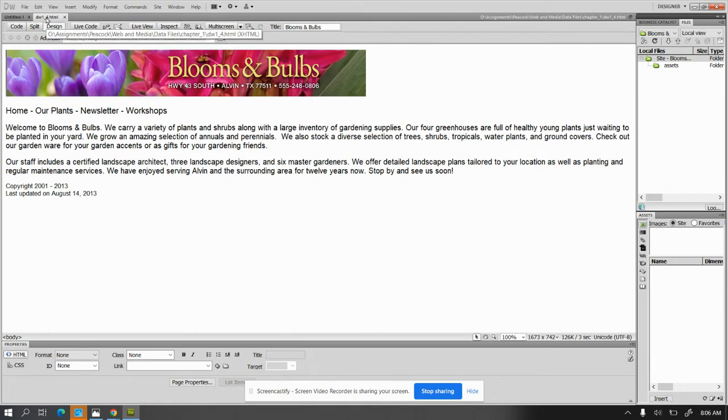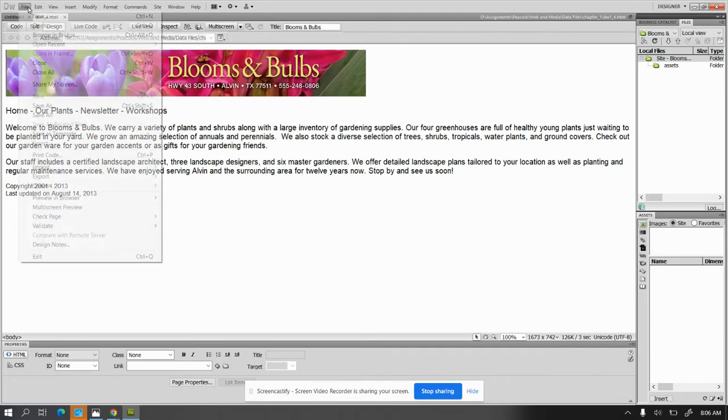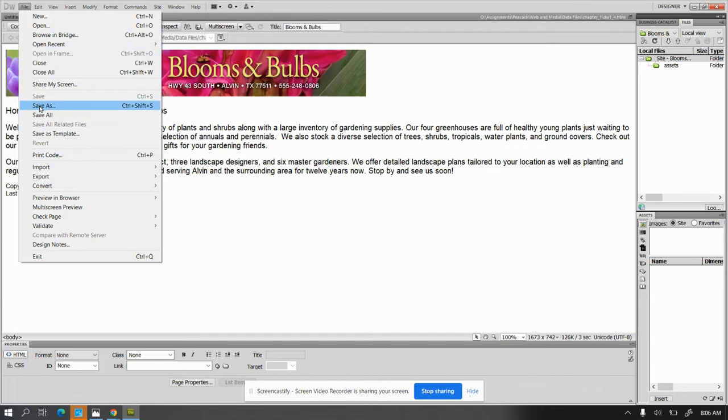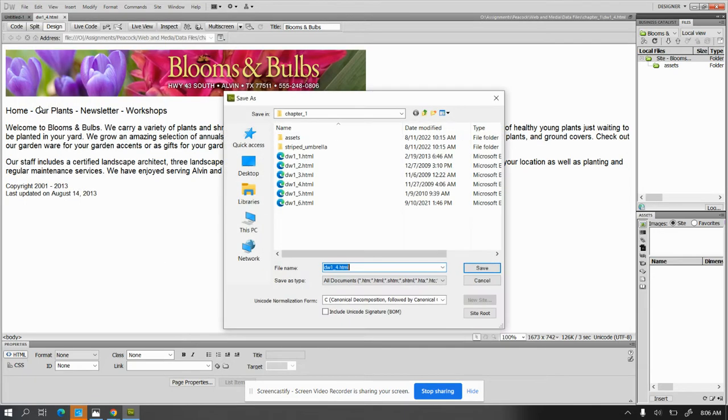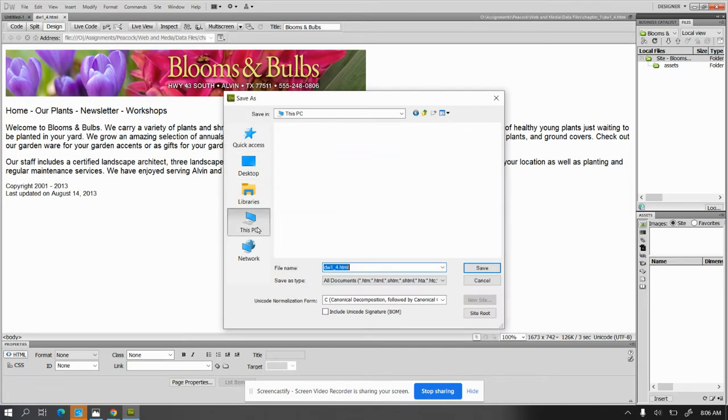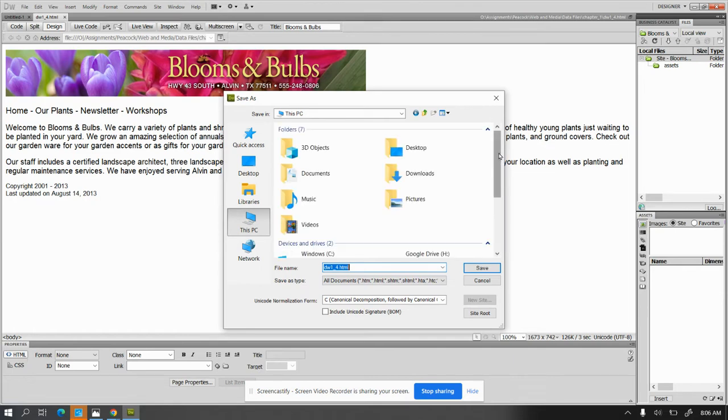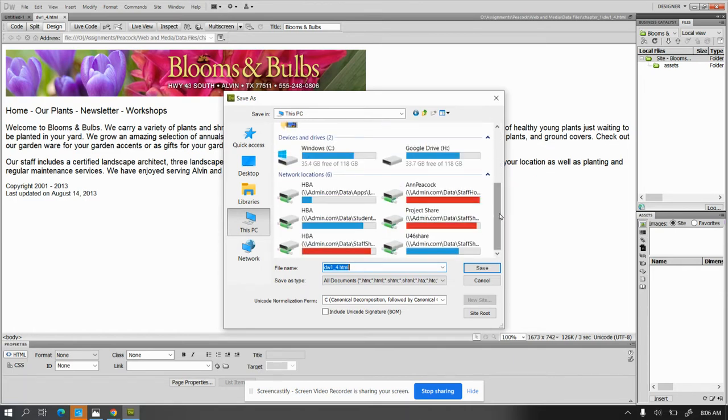The directions ask that you save it in your folder. So File, Save As. You're going to go into your own folder, which will be in This PC under your name in the network. It'll just say your name. So you are going to save it here